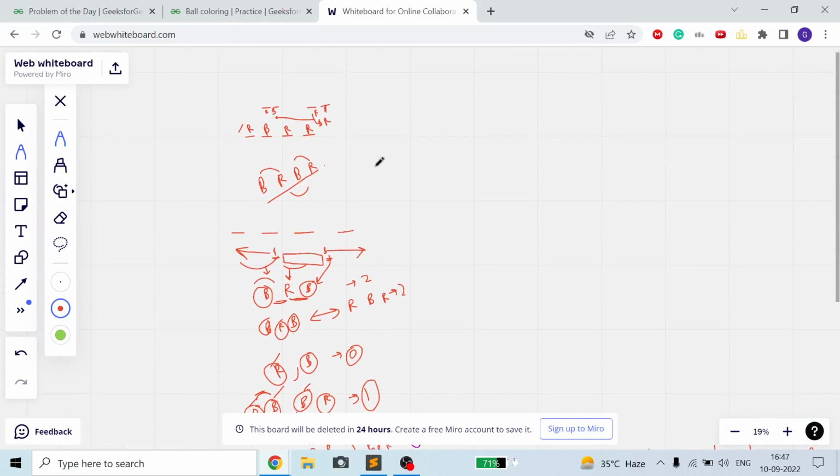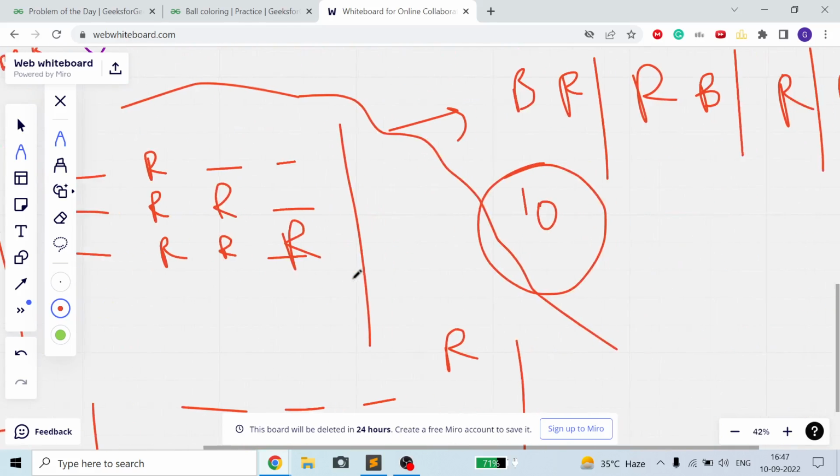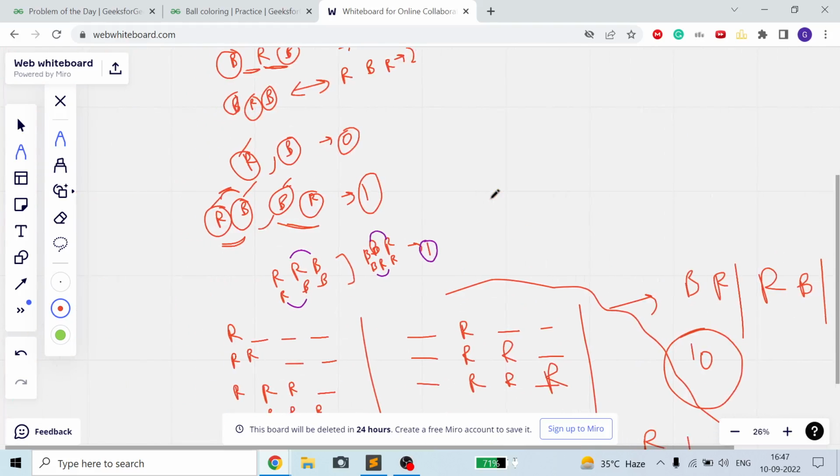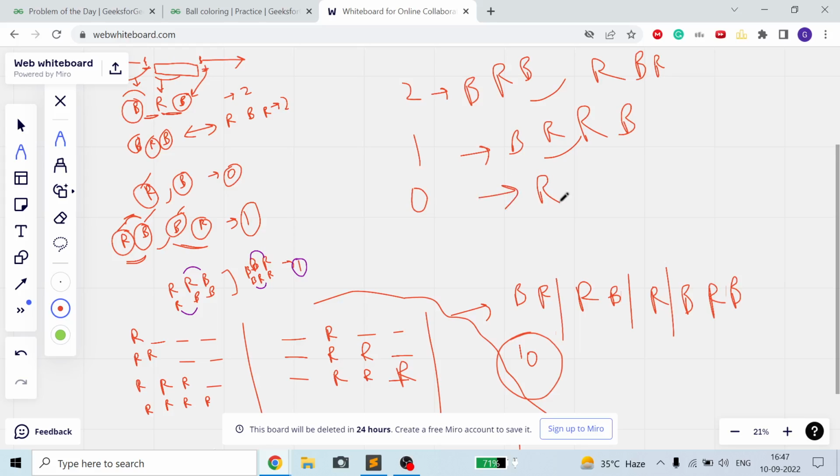But I told you how many segments can be possible. R and B can be possible. So R is here. So these are the BRB. For answer equal to 2, the segment possible is BRB, meaning the total number of different positions is equal to 2. For RBR, the answer is equal to 1. It is BR, or it is RB. For answer equal to 0, okay. The answer can be at most 2, so it can be 0, 1 or 2, R or B.